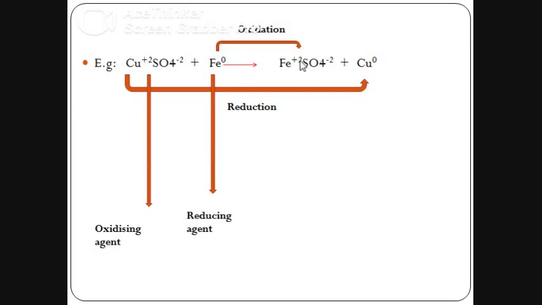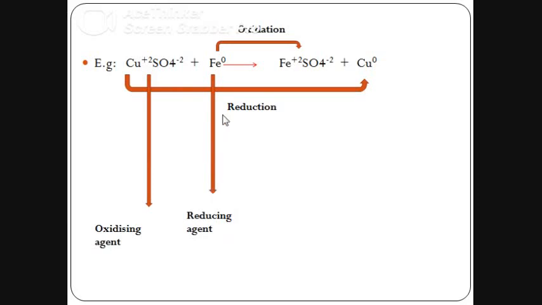Here +2 means the number of protons in iron is exceeding by 2 as compared to the number of electrons. When we talk about an oxidizing agent, it is the one which is bringing oxidation of another, thereby getting reduced itself. So here the oxidizing agent is your copper sulfate, or you can say copper, and the reducing agent is the one which itself is getting oxidized but bringing the reduction of others.